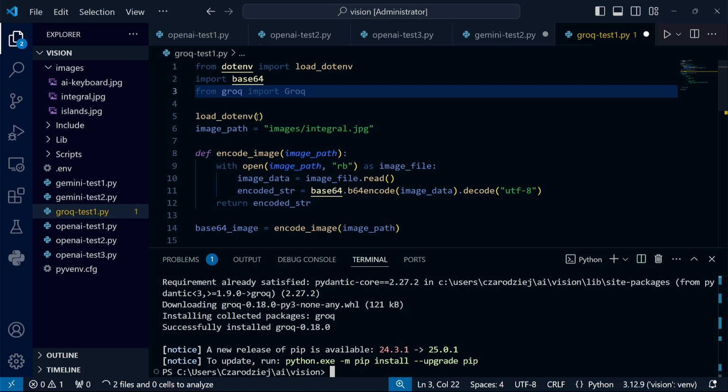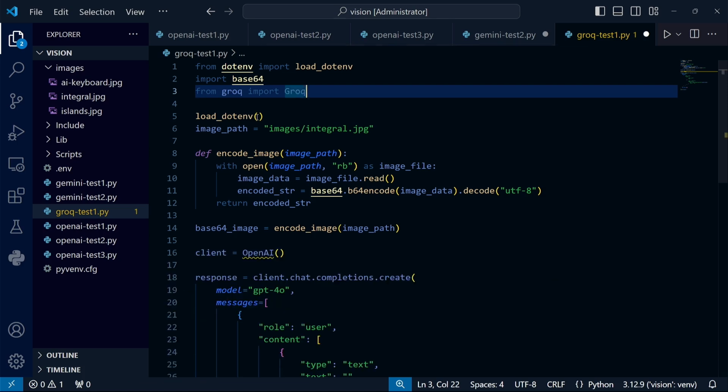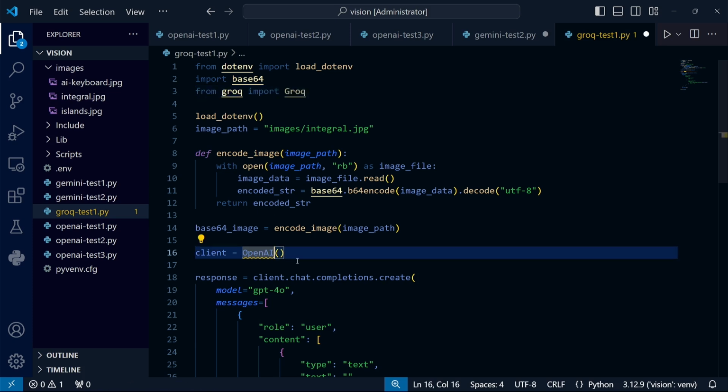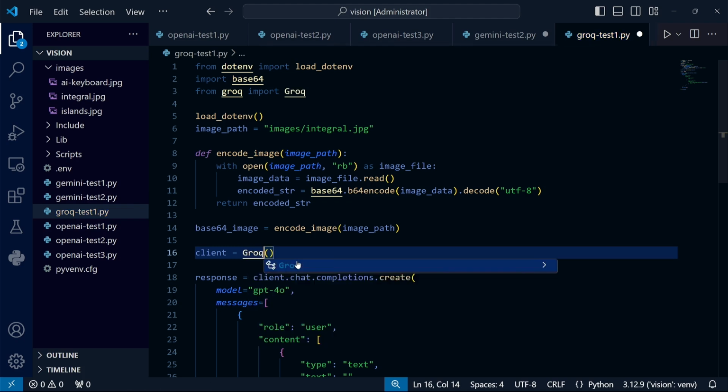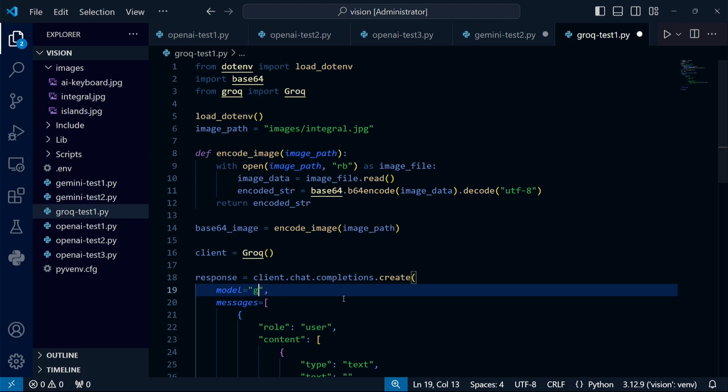The installation was very quick. Either this library is lighter, or the dependencies were already installed with OpenAI. I definitely need to change the client initialization from OpenAI to Grok as well. We will definitely not use the GPT-4o model, as it is typical for OpenAI.